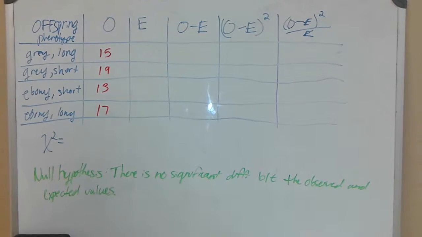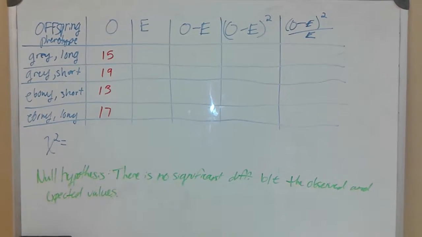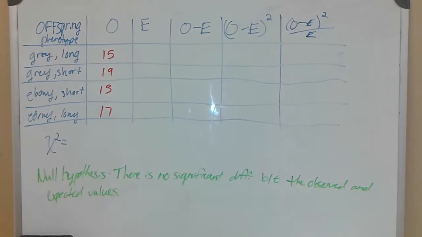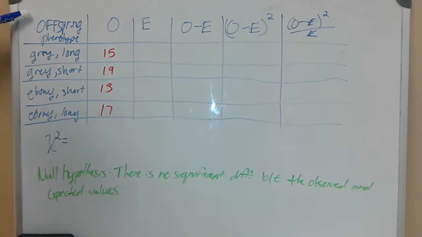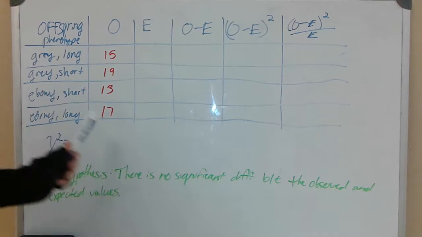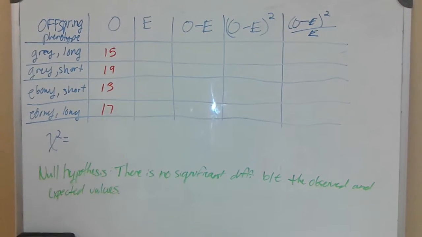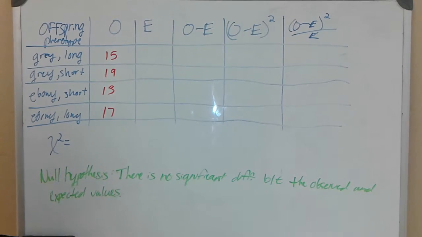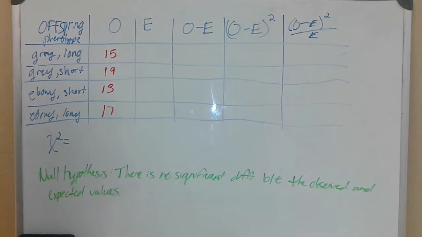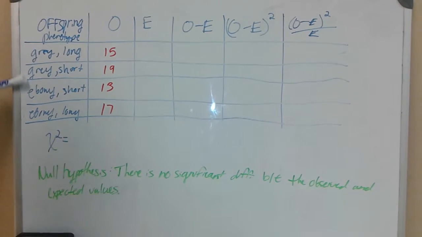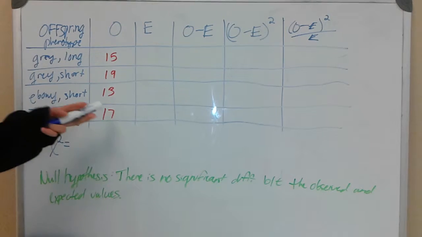So this is the beginning of a chi-square test. What we're doing is we list the offspring and the phenotype. The whole point of this is to end up finding the critical value in order to either prove or disprove your null hypothesis. So in order to find that value, first you list all the possible phenotypes that you obtained